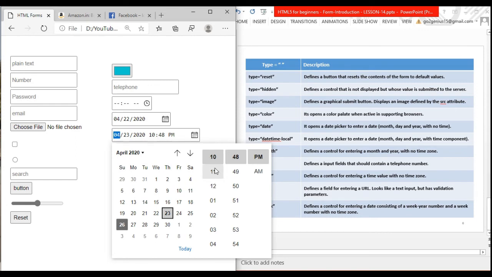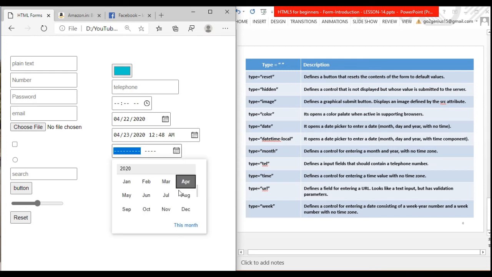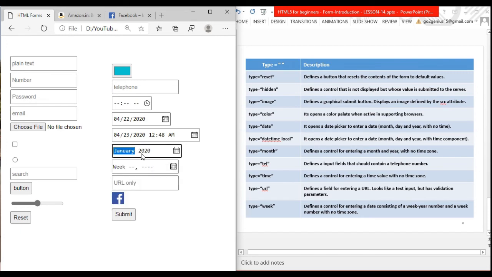So you can change the time from the arrow keys up and down. And next is month. Month defines a control for entering a month and year with no time zone. So you can select from here month and year. Suppose January 2020.